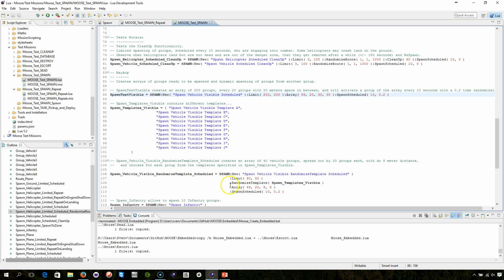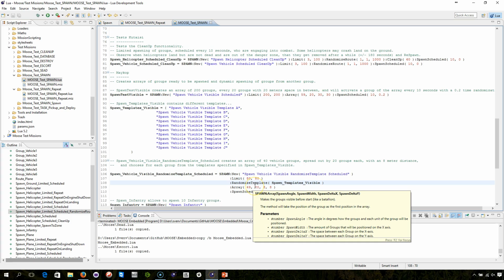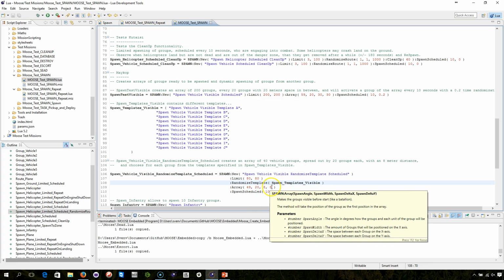Now I can use the function Randomize Template, which gets the array as an input, and I can build an array containing